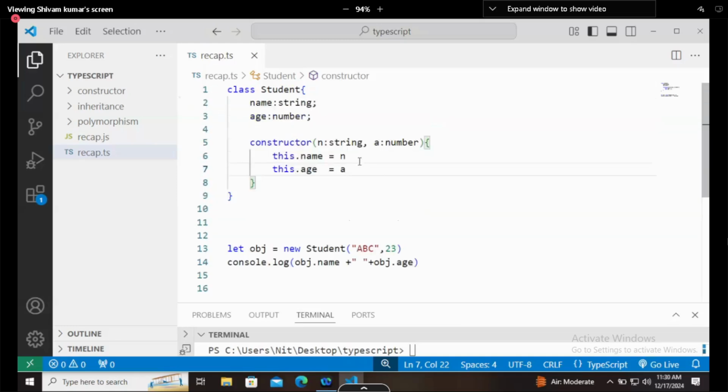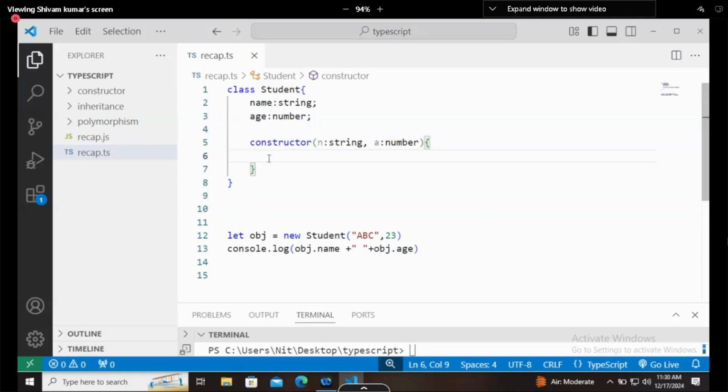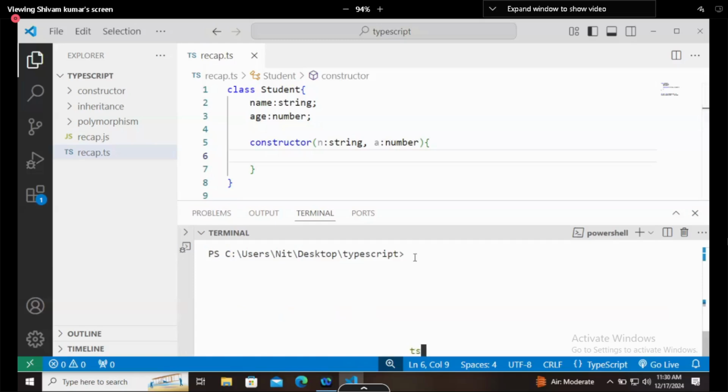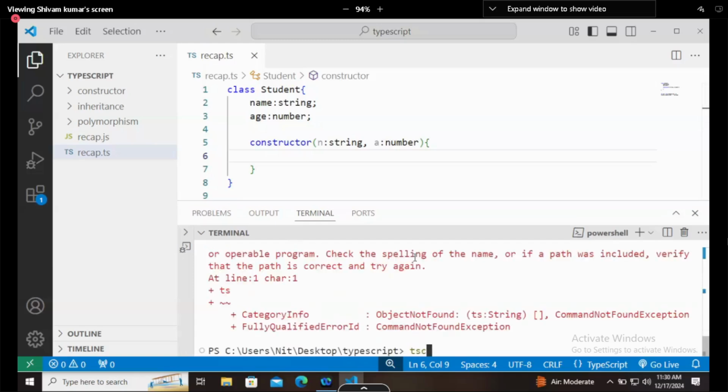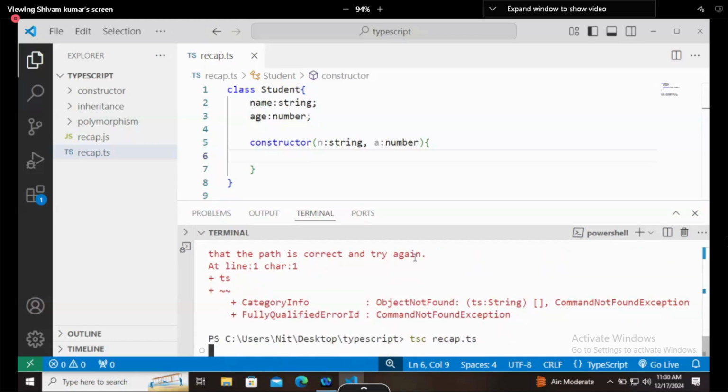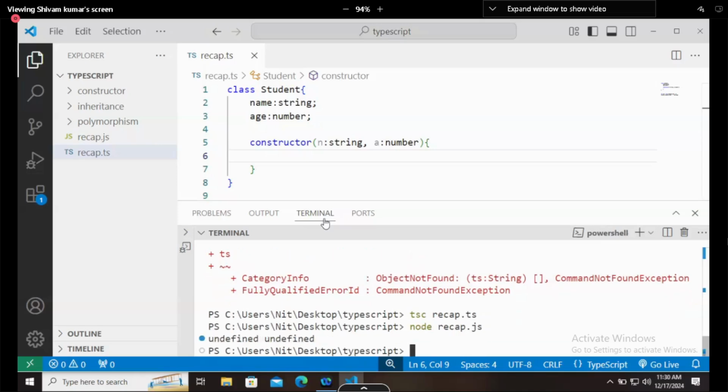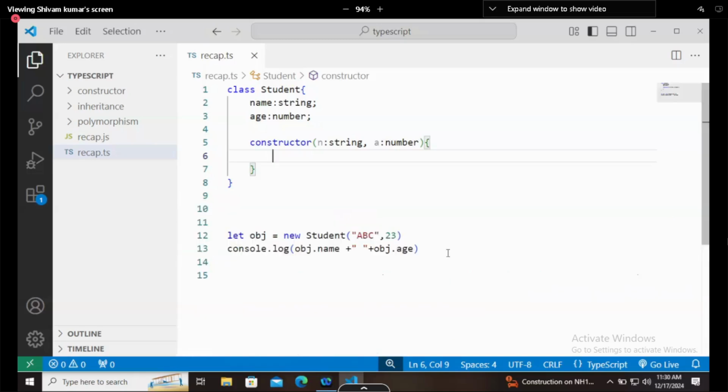Now if I am not setting the values, this is what we are trying to say. Now let's try to run it. So I will say tsc recap.ts, .ts means TypeScript, then recap.js, and it says that both of the values are undefined even after we are passing the values.